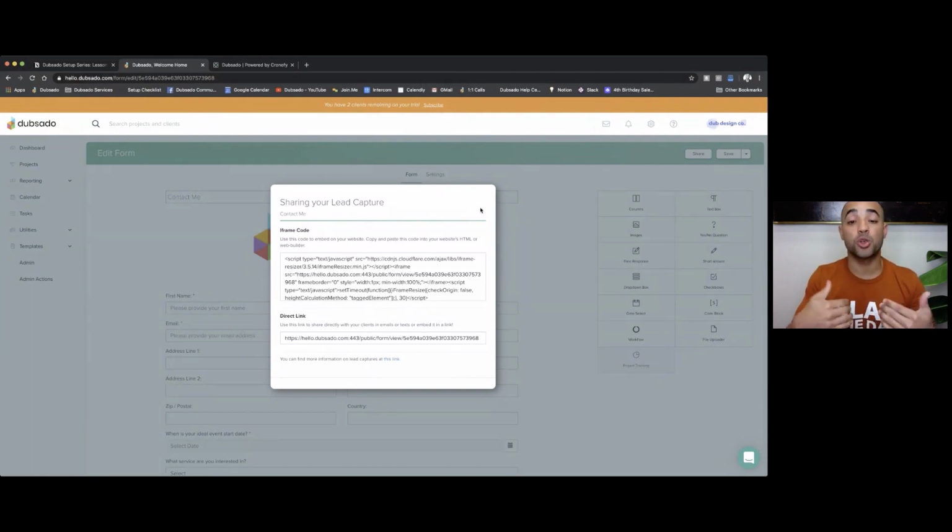The first way is to embed it on your website. So what you can do is take this code here, copy and paste that into your web builder, and that will embed the form on your website. So anyone who visits that, once they fill this form out, it creates a new lead project in your project section. So anytime someone fills out a lead capture, you'll see a new lead generate in that section there. That's what gets them into Dubsado, gets them set up with that folder, and then you can start communicating with them. So you can either embed the form, or the other option is you can use this direct link